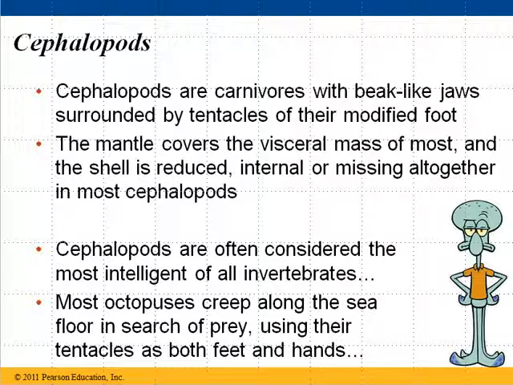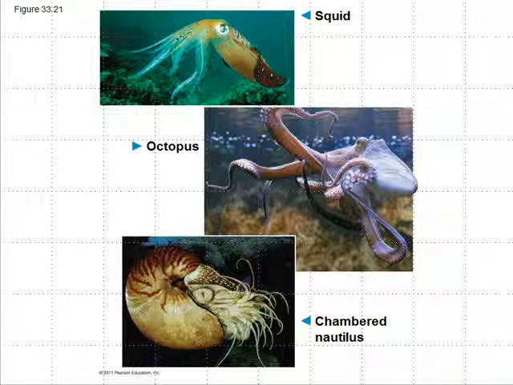Most octopus creep along the sea floor in search of prey using their tentacles as both feet and hands, and they are also masters of disguise and masters of camouflage, and they oftentimes can change the coloration of their body to match their environment. So here we have a squid, which has a valve system similar to